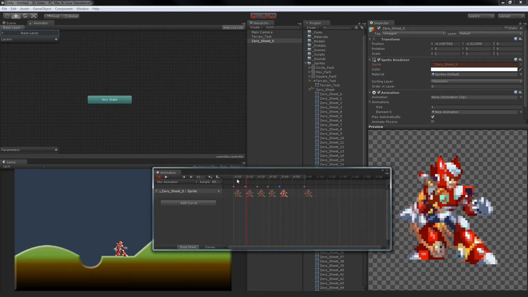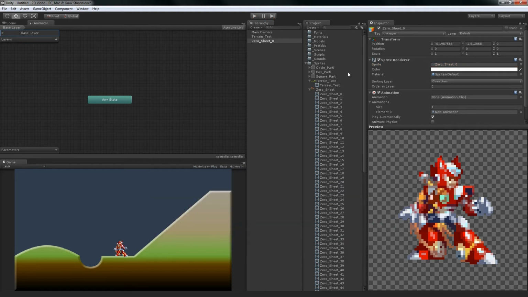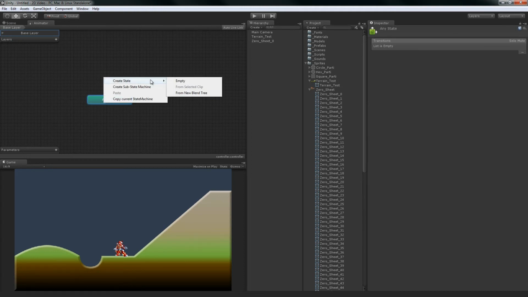So now that when we do this, in theory, we could hit play and it would play the animation, but it doesn't because it's broken, because this doesn't work for sprite animation. But this is how you would do animations in Unity. It makes me sad that it doesn't work. So that's kind of a long-winded explanation to why I'm not going to be covering the animator. I don't know a lot about it, and I've only ever gotten it successfully working a few times, and it's kind of convoluted. Basically, you have to create states, and then you have to link